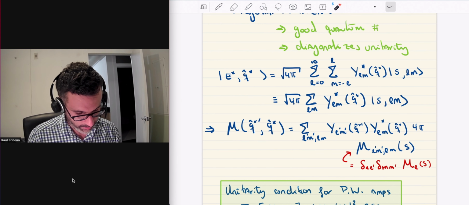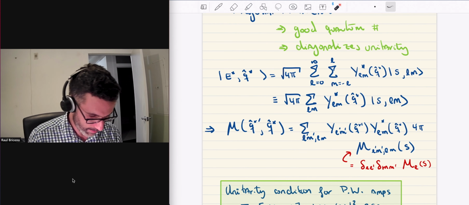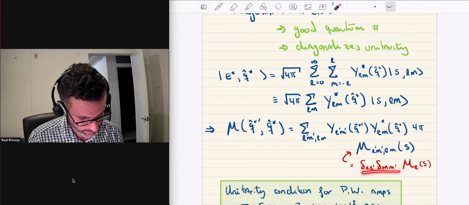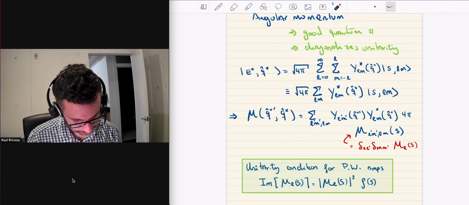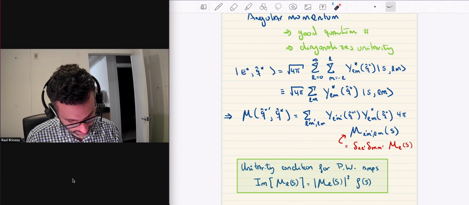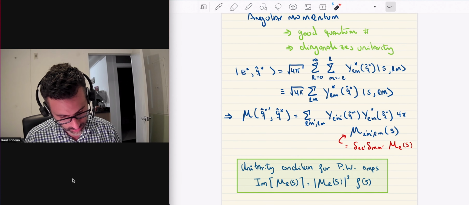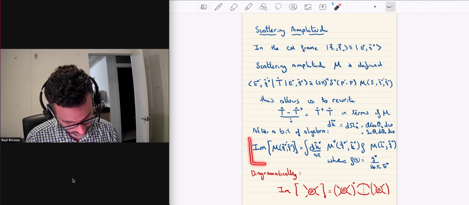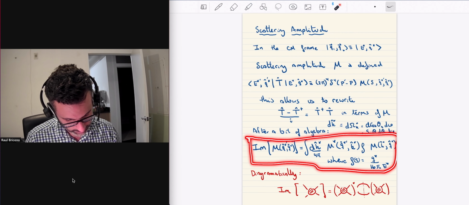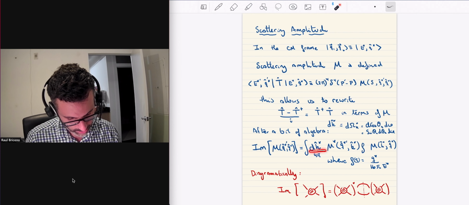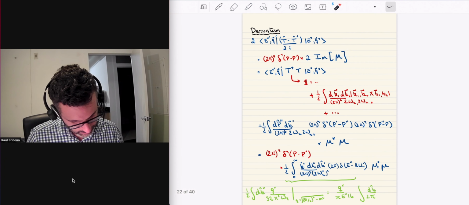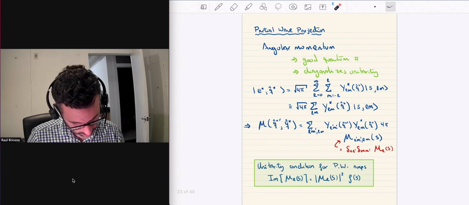Okay, and so then I can write the matrix element between L, M and L prime, M prime in terms of a single scattering amplitude, which depends on L, and then a bunch of Kronecker deltas, okay? And so if I then insert this condition, I put it back into my previous equation, namely this one, right? Well, what are the spherical harmonics going to do? They're just going to collapse this integral. You can just evaluate the integrals explicitly. And so you're just going to get,